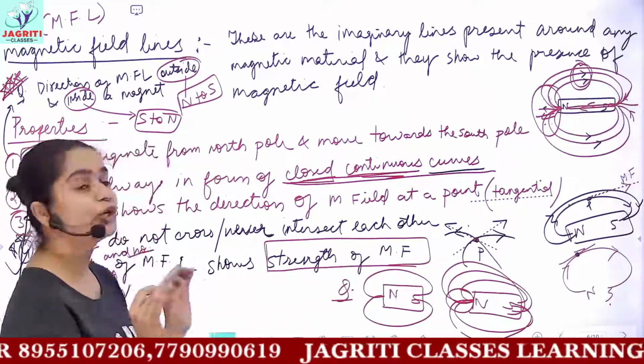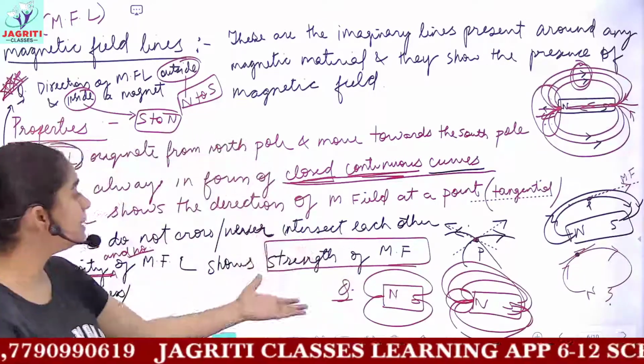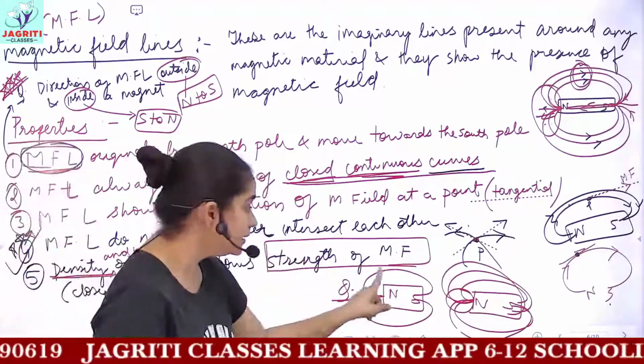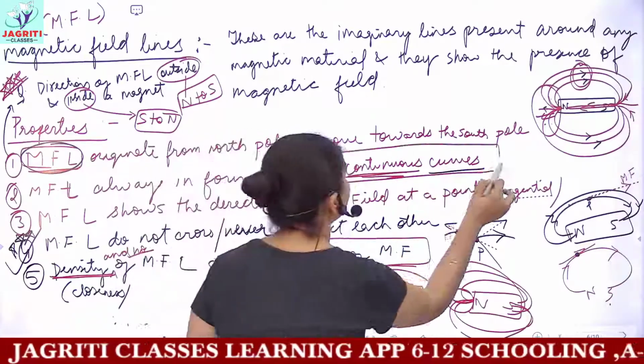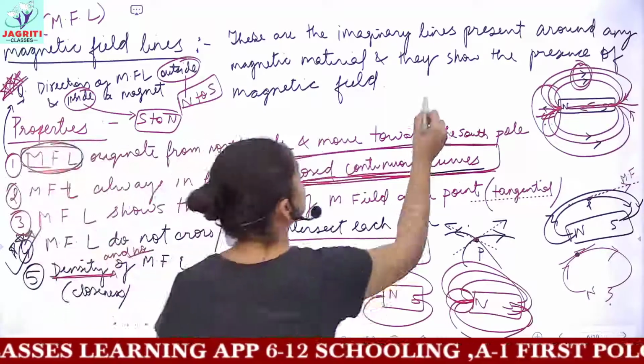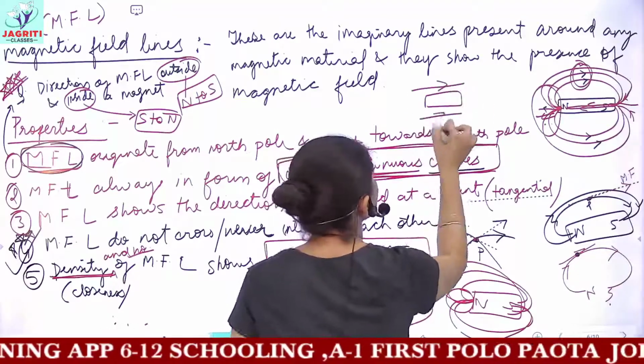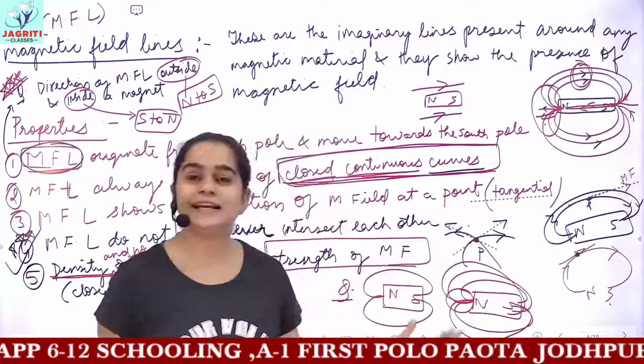So this is for today's class. This we have studied about the introduction. In the next class I'll be showing you how the circular loops, how this shape of magnetic lines was observed. Why they are present in circular loops and why you do not have magnetic field lines in the straight manner. This we'll be dealing with in our further classes.